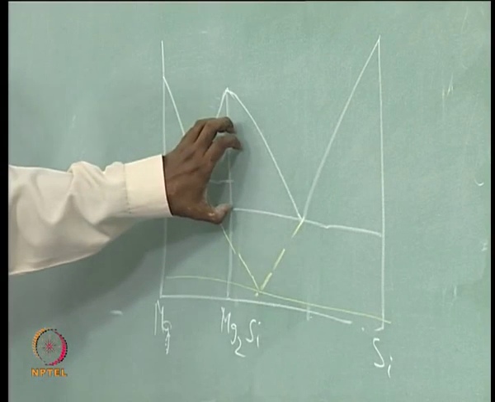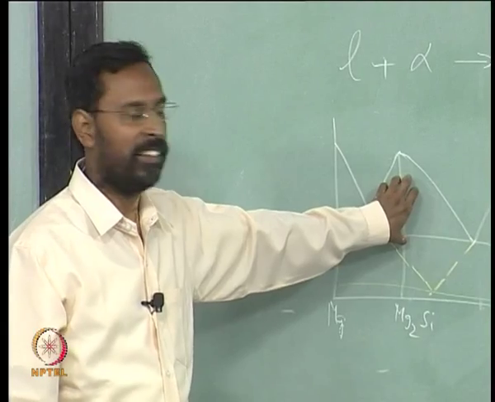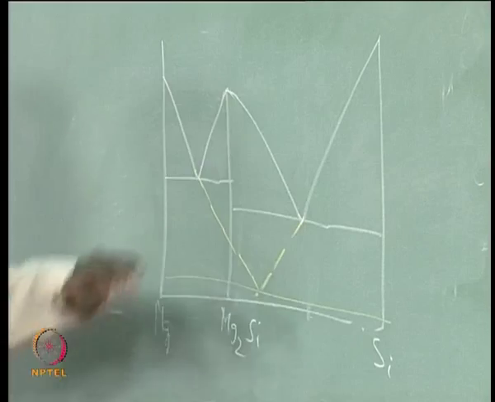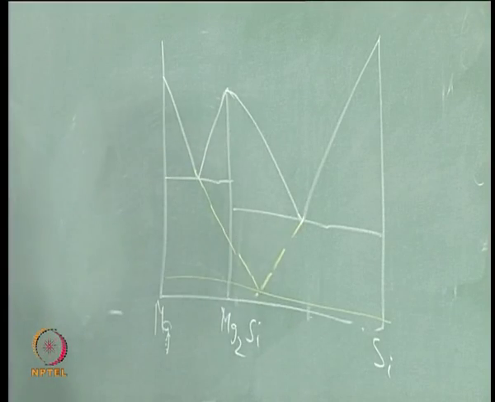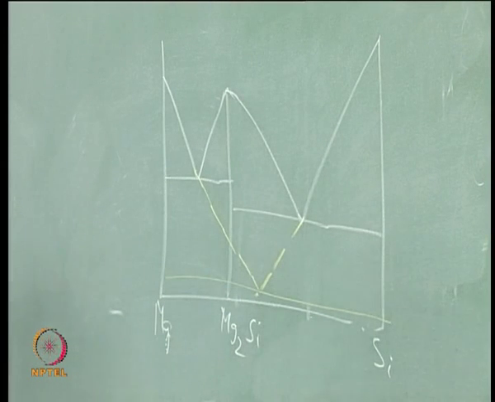If this phase cannot form for any reason, then the liquid gets undercooled, and to such an extent this liquid can easily become a glass, because that liquidus is now closer to the Tg, let us say. So, there are many phase diagrams where, particularly when there are intermetallic compounds, they do not form and suddenly that liquid becomes a glass. So, this is what metastable phase diagrams are, which is very important. Thank you.